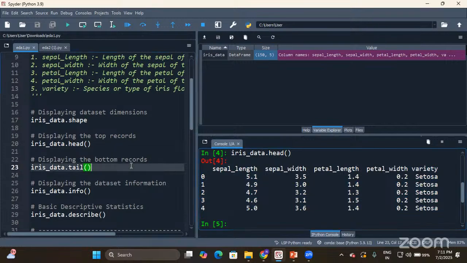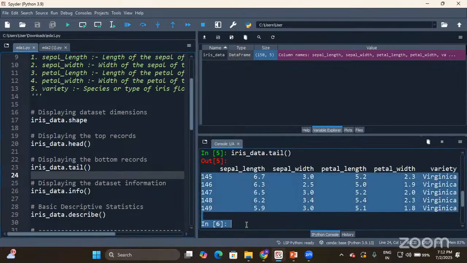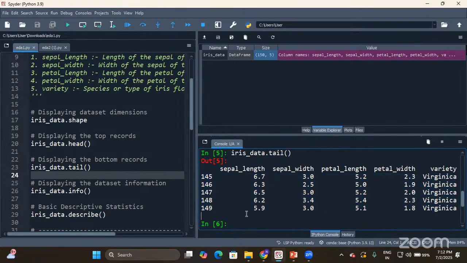In the same way, the tail function. Head function will return the top rows. Tail function will return the bottom rows. See, 145 till 149. Making sense? Then the info function.